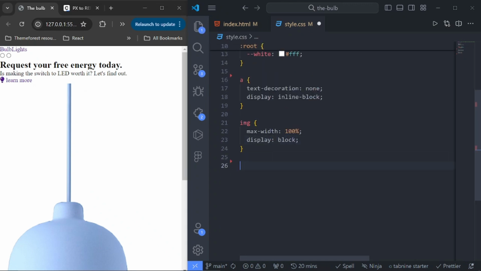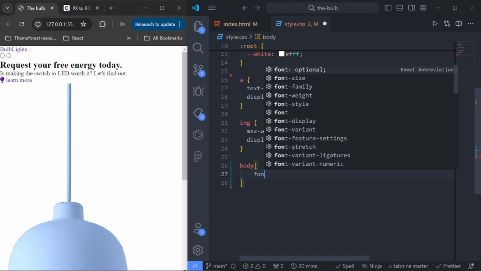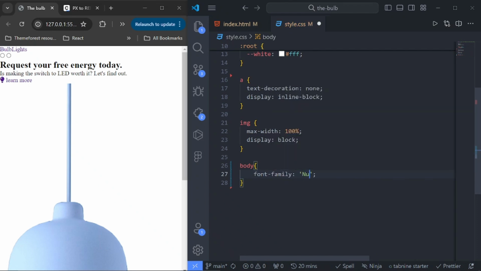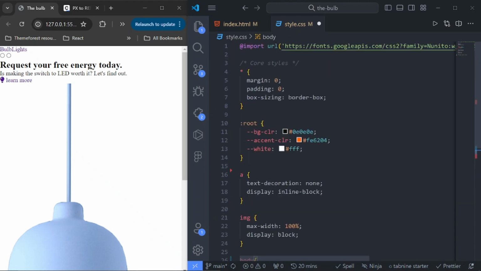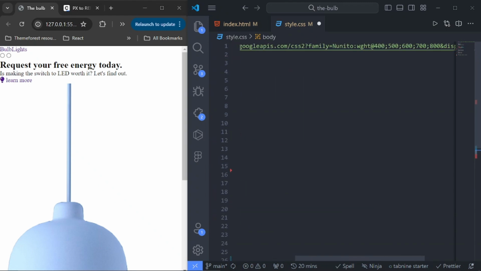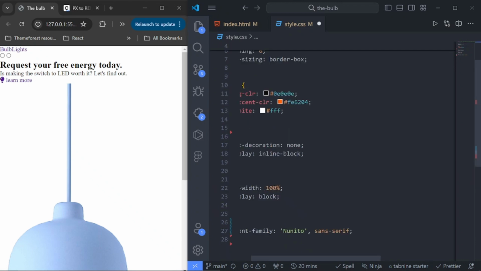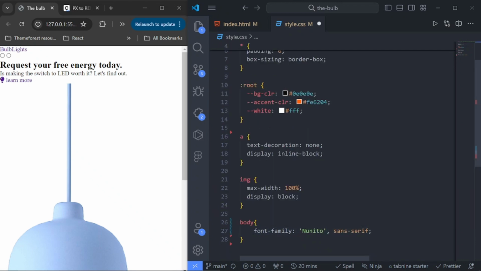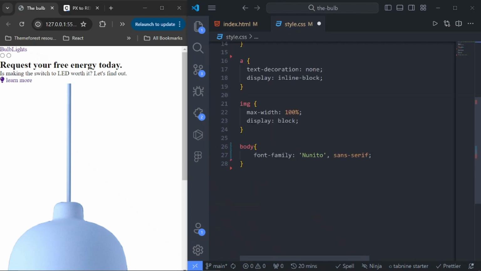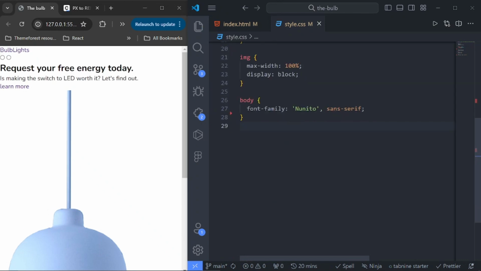And now for the body, we'll say the font family should be Nunito, or the fallback should be sans serif. Like I said, we use Nunito here, but you can change this to Poppins or whatever font you need. It's going to appear right here, as far as you changed it here too. So if you are changing it right here, you need to change it here as well. So if you can see that the font is kicking in, then we'll set the background color to this beige color